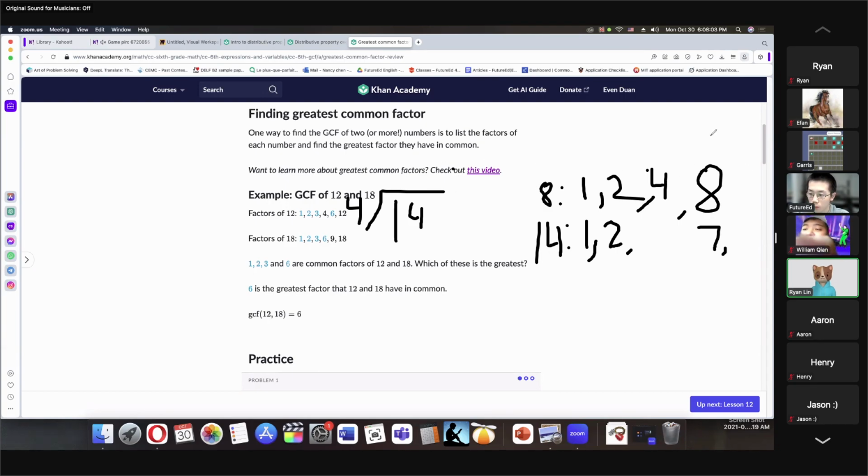Yes or no? So what is the biggest number you can think of? So okay, let's try this. What is 1 times 4? 1 times 4 is 4. 2 times 4 is 8. 3 times 4 is what? 3 times 4. So what's 3 times 4? 12. What about 4 times 4? 4 times 4 is